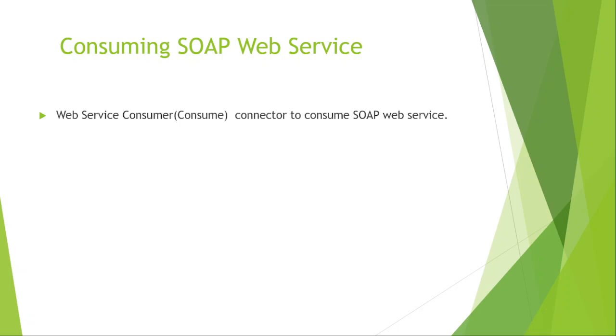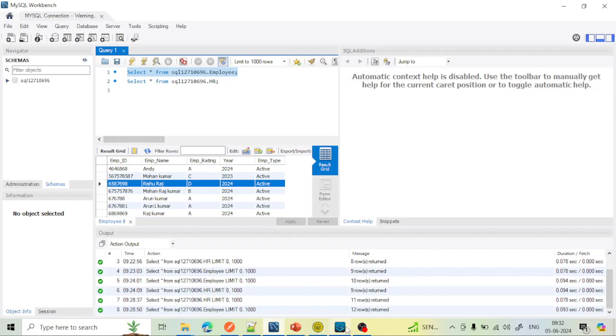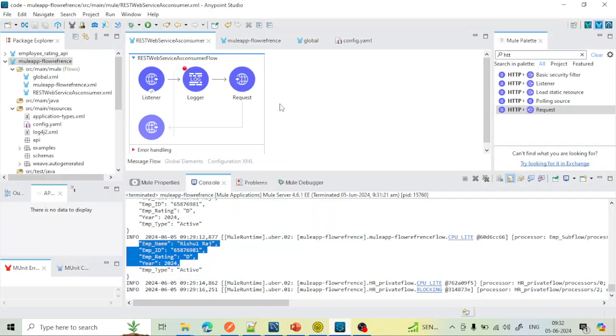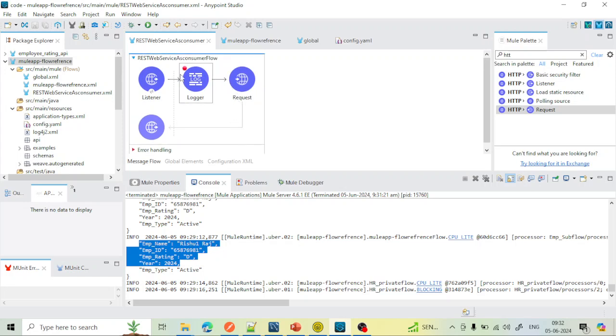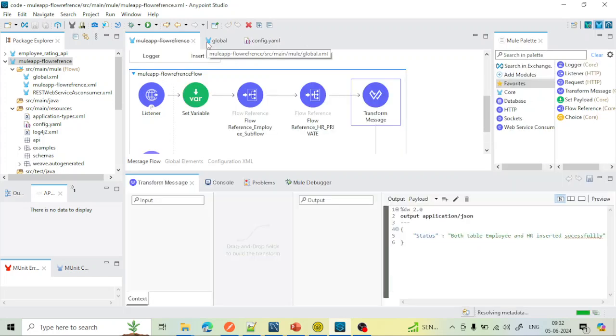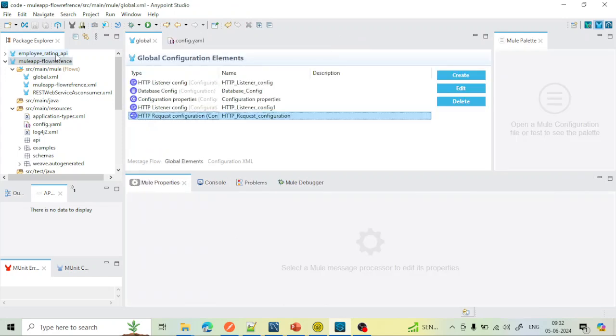So let's move to our Anypoint Studio. If you see, this is the flow that I have created in the previous classes for the REST web service. Now I am going to create another flow for the SOAP web service. So let's create the flow for the SOAP. Again, go to the